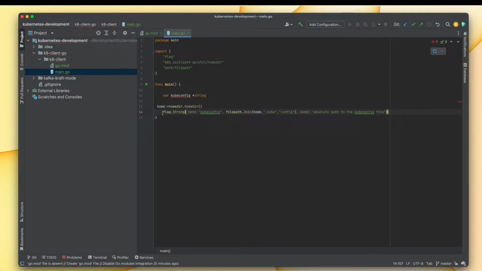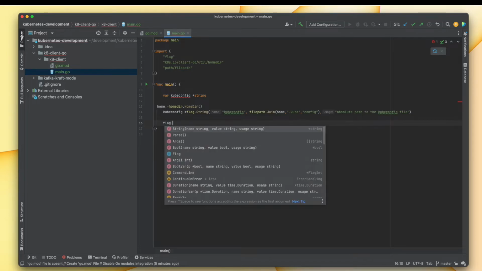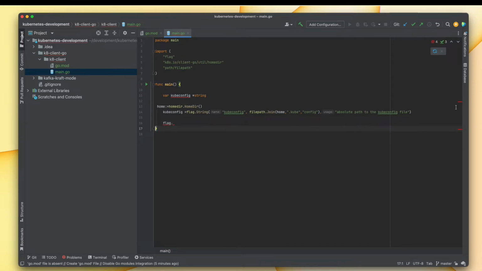So this looks fine to me, and I can just assign this to kubeconfig. So far this is good. Now, as a next step, we have to create a config, and then we can pass that config to the Kubernetes client. So let's parse these flags as well. I have to do flag.parse here,